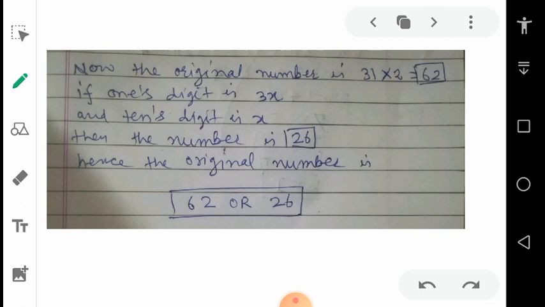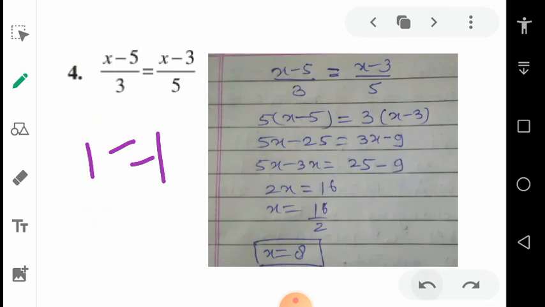Here, what to do with this? Again I am telling you there are two methods, but cross multiply is easier, and where we have some whole numbers and fractions and the question is in mixed form, then use the method of LCM. Doesn't matter, we will use cross multiply. In cross multiply, the numerator is multiplied by the denominator of the other side, and the same pattern is followed on the other side also.